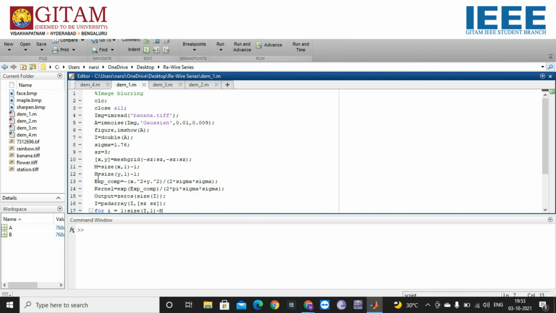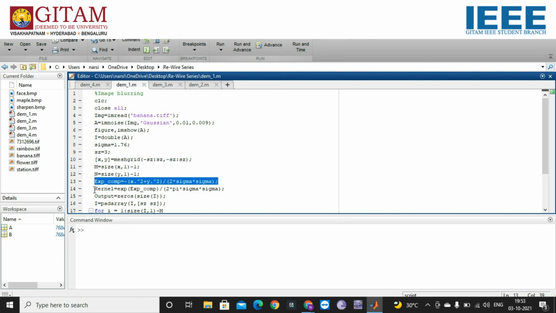Next, a main step of the function will be generating a Gaussian kernel. We know that the formula for a Gaussian random variable is 1 by 2 pi sigma square into e power minus x square plus y square by 2 sigma square. So first we will be generating the exponential component in this line. This line signifies, as the formula suggests, minus x square plus y square by 2 sigma square.